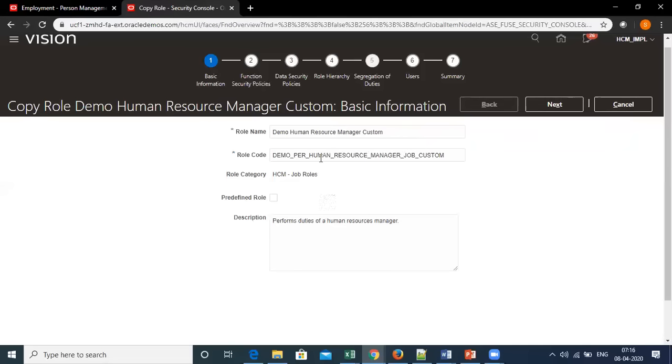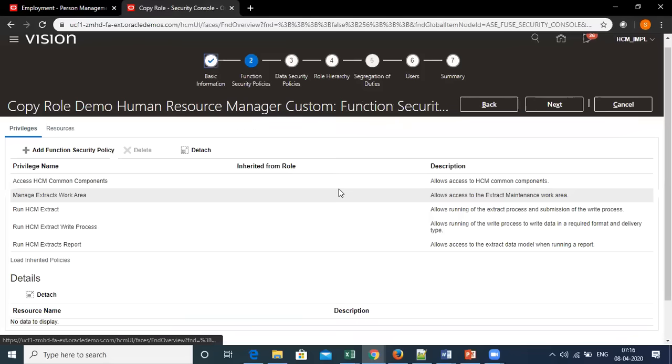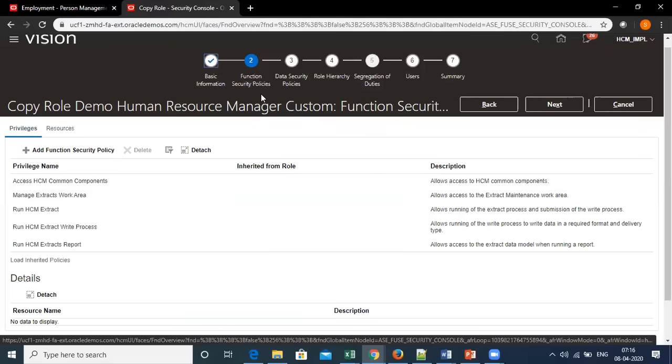Now, going to the next screen, function security policies. So in short, or directly to the point, this is the area from which you can modify your privileges, whether the set of privileges is available to the role or not.